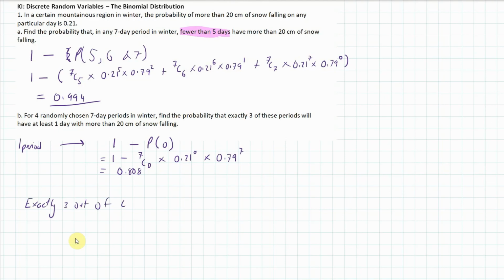out of 4 periods. So we have 4 choose 3, now the chance of having one week of at least one day is 0.808. We're going to do that to the power of 3 because we want exactly 3, and then we're going to times that by the chance of failure, so 1 week of failure would be 0.192 to the power of 1. Chucking this into our calculator, it's 0.405, and we are